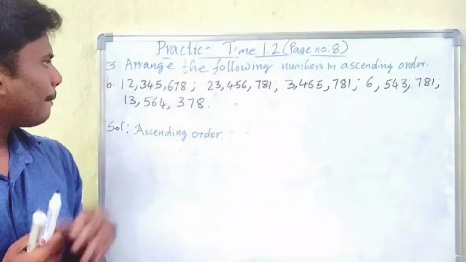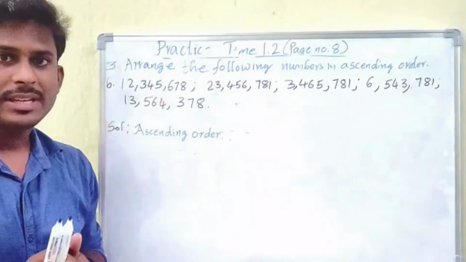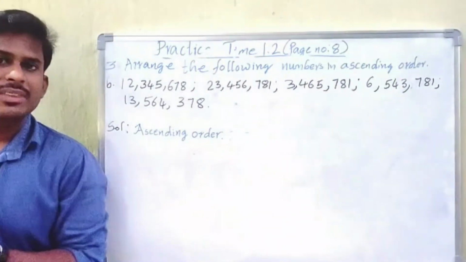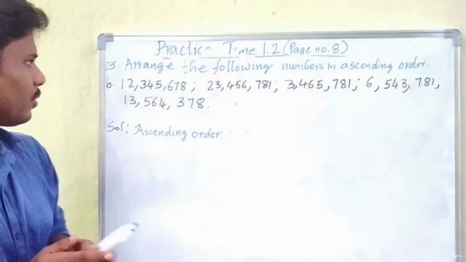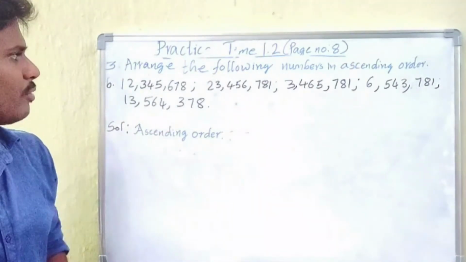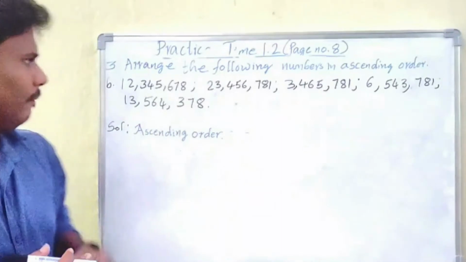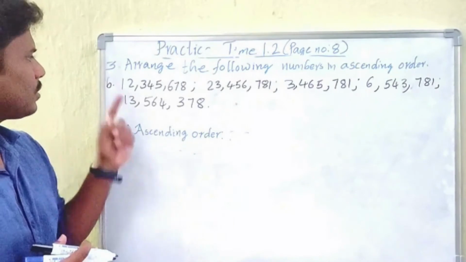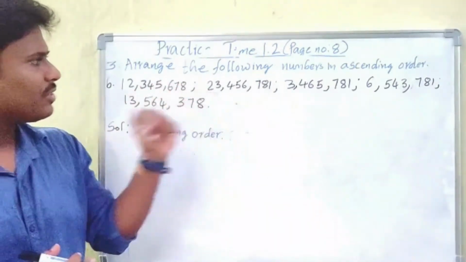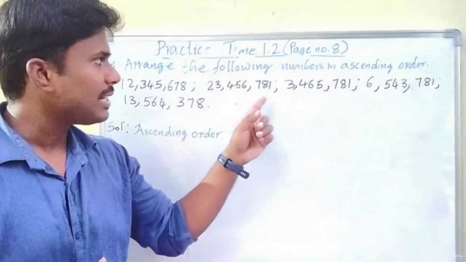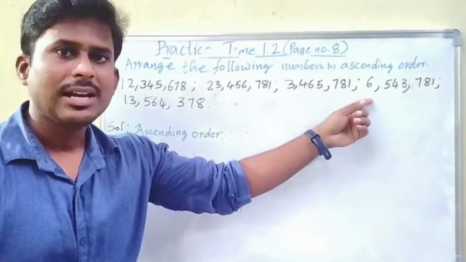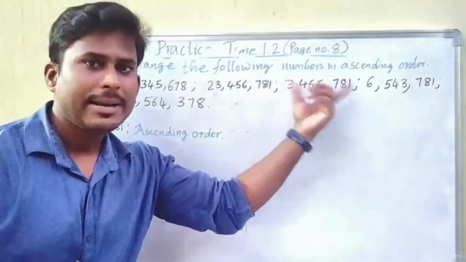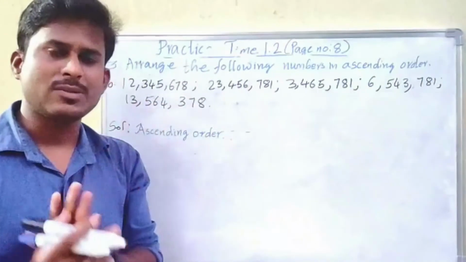Next, let us go for the B question. Look here. If you look at the periods, each period has 3 places. So which system of numeration is this? This is the International System of Numeration. In the International System, first let us count the same digits. See here, the highest places: 12 million, 23 million, 3 million, which means fewer digits, 6 million, fewer digits, 13 million. Now look here, these two numbers have only the millions place.